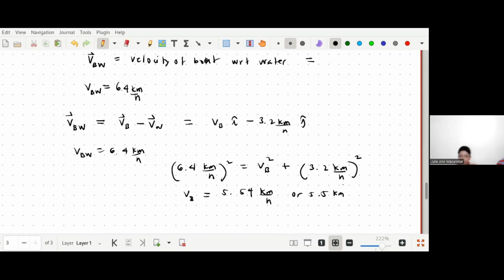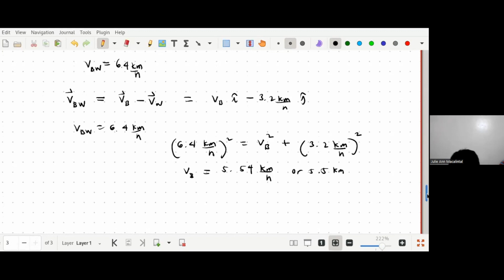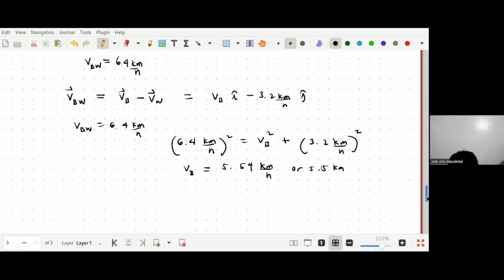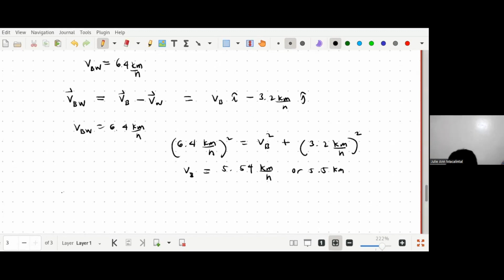Now, what else do we need? I got the speed, but the question also asks at what angle she must point the boat. Okay, so to get the angle with respect to the water, tangent theta is going to be